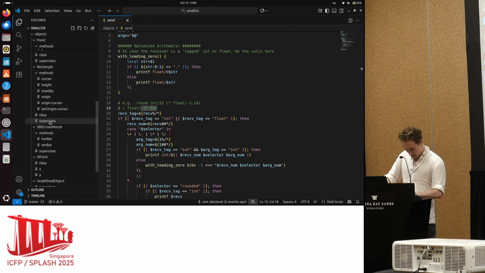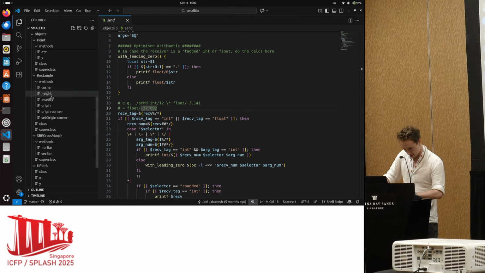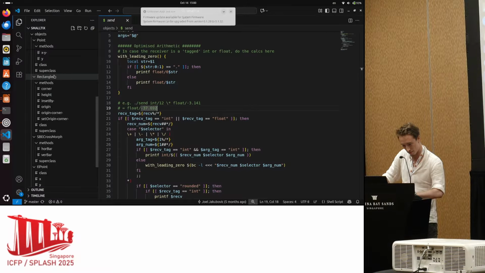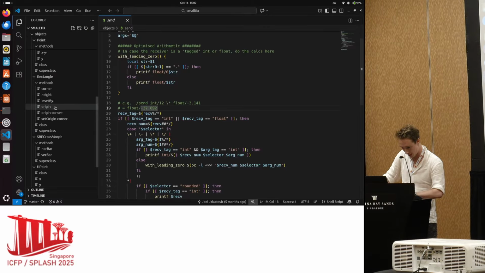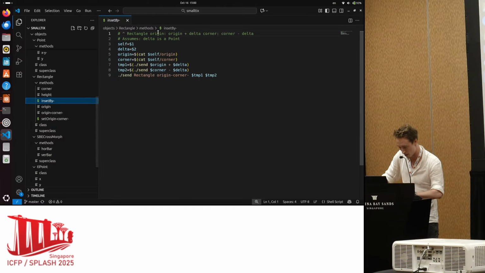So for example, I'll just show you a couple of things. So I've got SBE crossmorph methods. I had to go through from here and just look at all the classes and objects and methods that it would need for the horizontal bar method to work. So I went and pulled in and ported all of these other methods with the source code and then just translating it by hand.